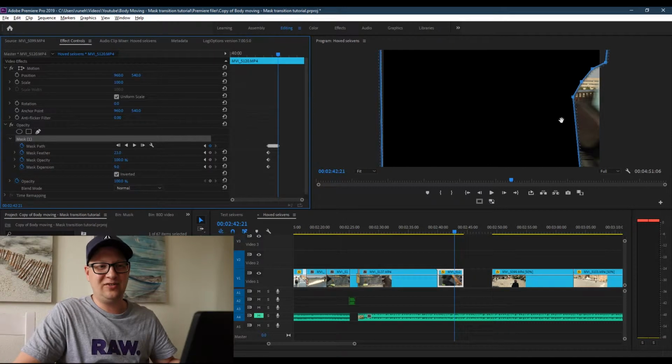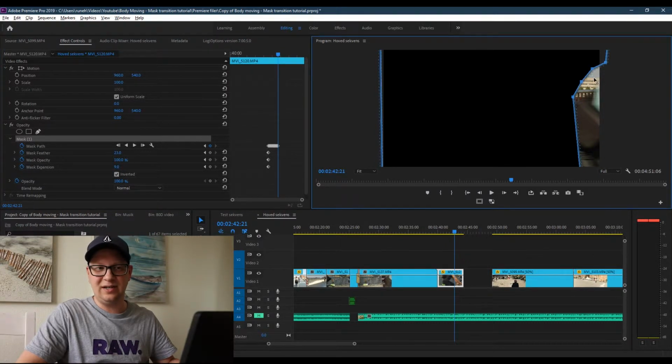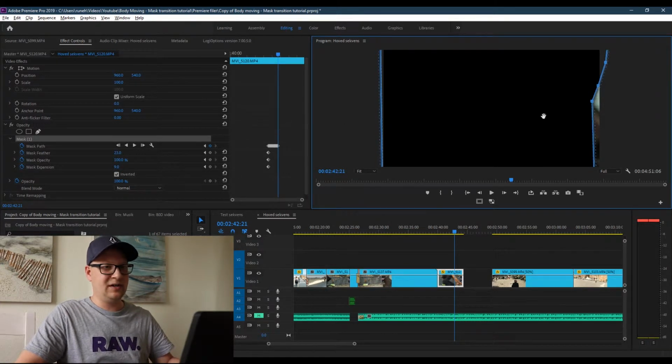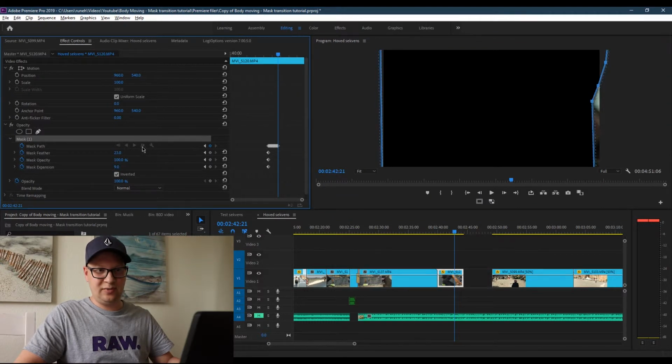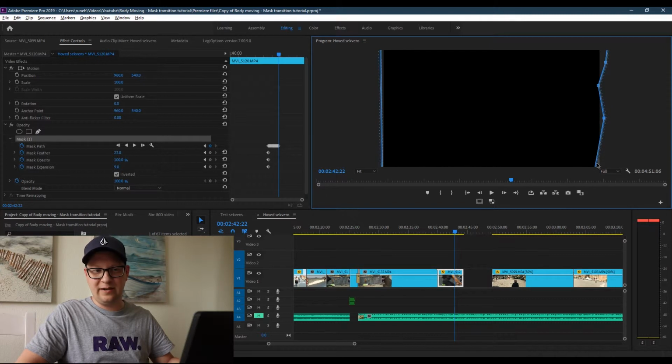We are almost finished. I actually noticed that I drew this mask behind his back, but not behind his backpack over here. But I think in this case, it's fine. I simply want to finish up this mask and then see what the result is. Then we can always go back and re-edit this mask frame by frame. So now this should be the last one. Yeah, and it is. So I'll just close up this mask.